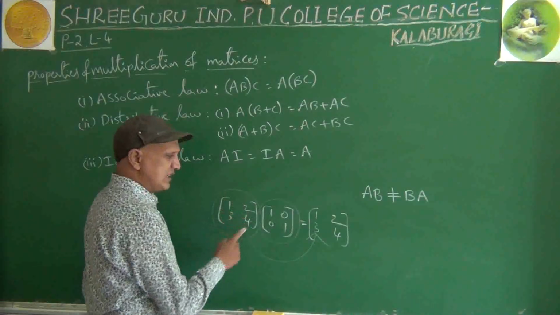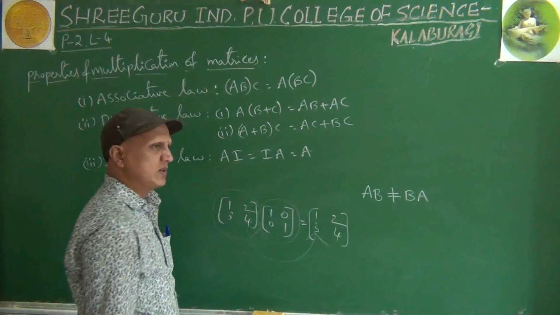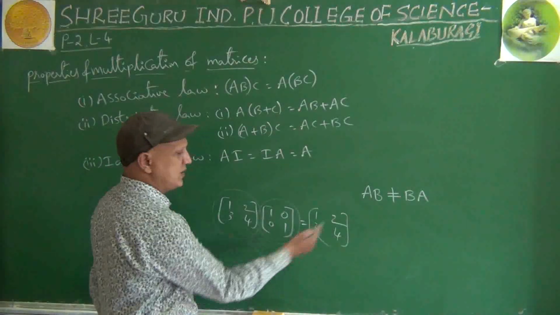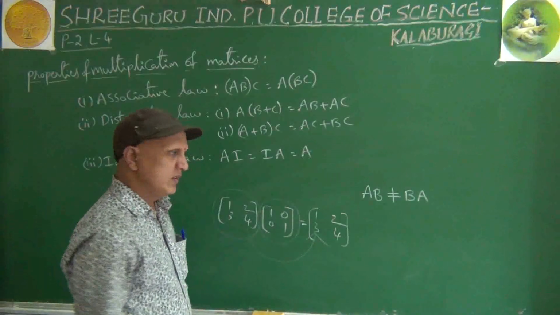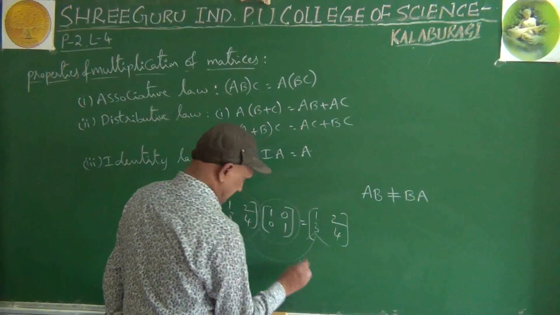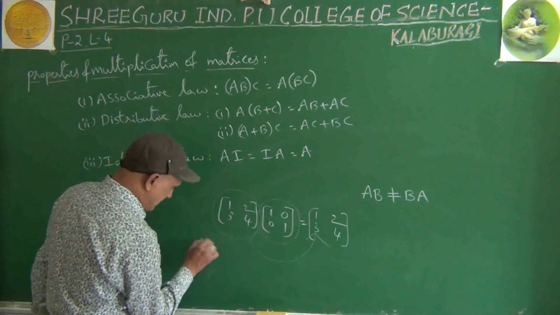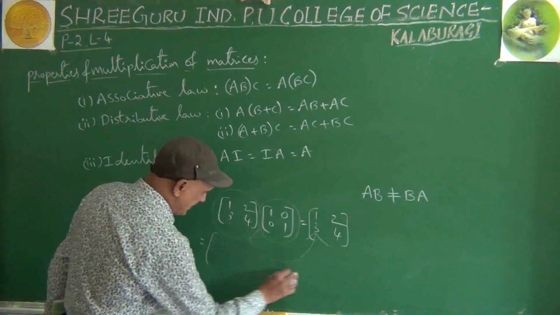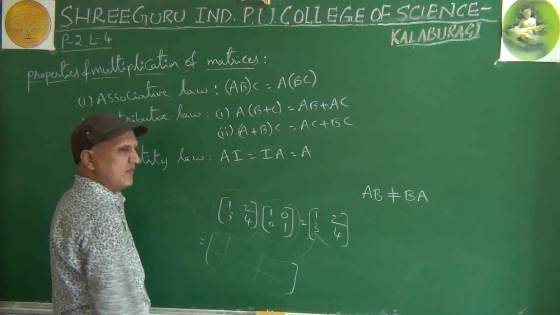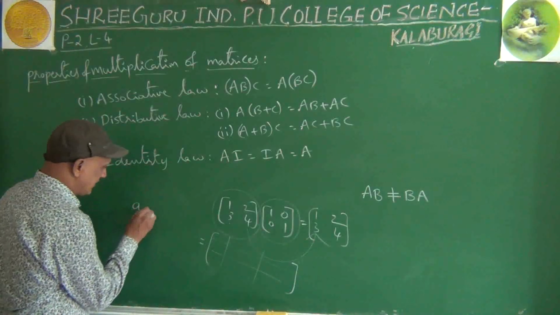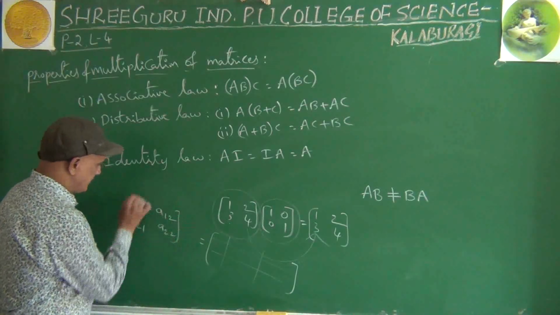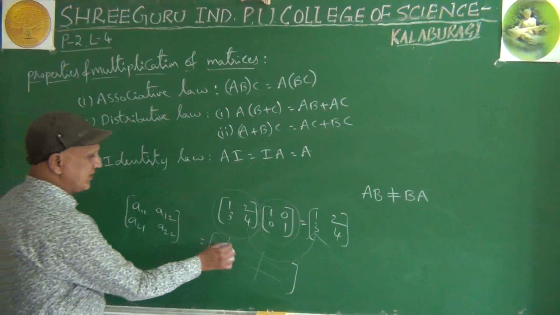What is the order of this matrix? 2 by 2. What is the order of this matrix? 2 by 2. What is the order of the answer? That is also 2 by 2. Shall I multiply these two here? For the answer also, 2 rows and 2 columns are there. This is A11, A12, A21, A22. A11: first row, first